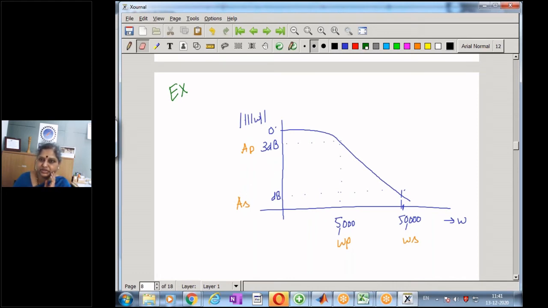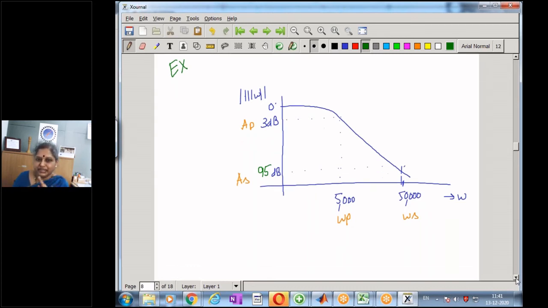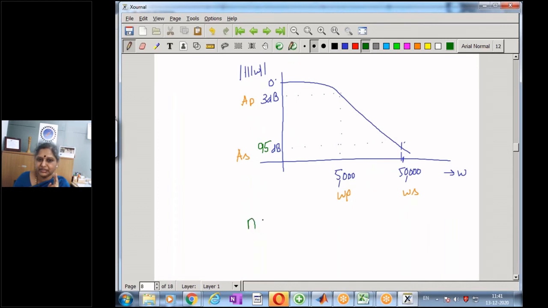If I'm looking at a fifth order filter, I need around 20 dB per decade. And if I want my specifications to be such that I'm looking for a fifth order filter, something less than 100, let me put it as say 95 dB. So I've changed my specification such that I am expecting the order of the filter to be fifth order. Now let us put in the values and see whether we get the order of the filter as 5.